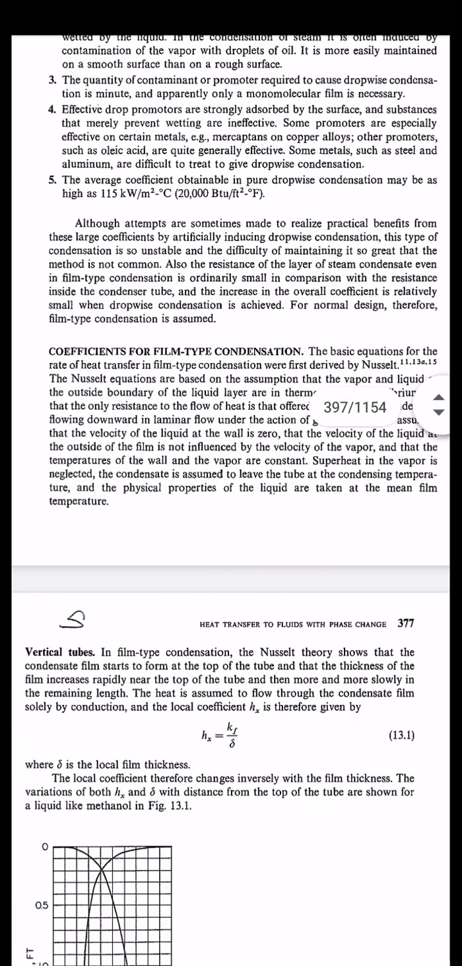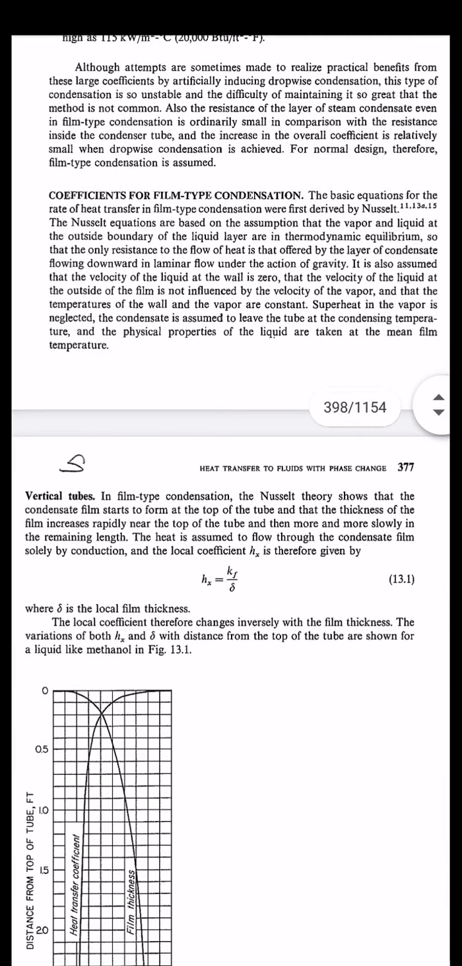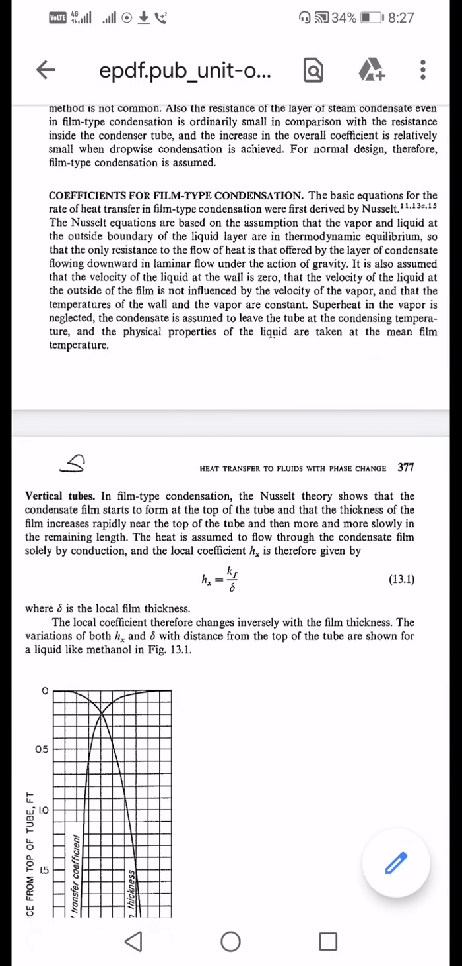Now the coefficient for filmwise or film type condensation is also very essential. See, basically the position of the heat exchanger equipment is decided with respect to the space available at the plant. So we may find the heat exchangers are kept vertically in position, so the tube stack is vertical in such cases. Generally what happens, the vertical case is also